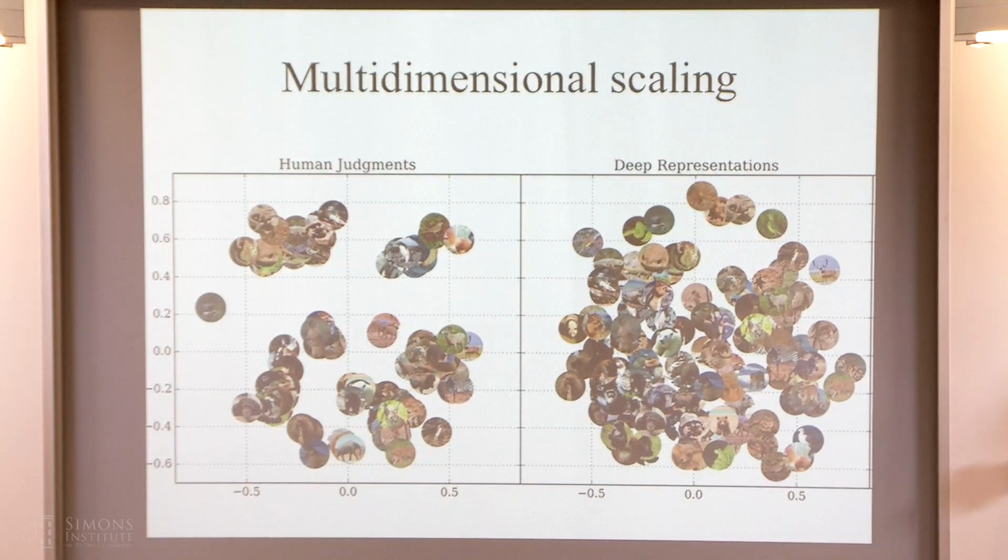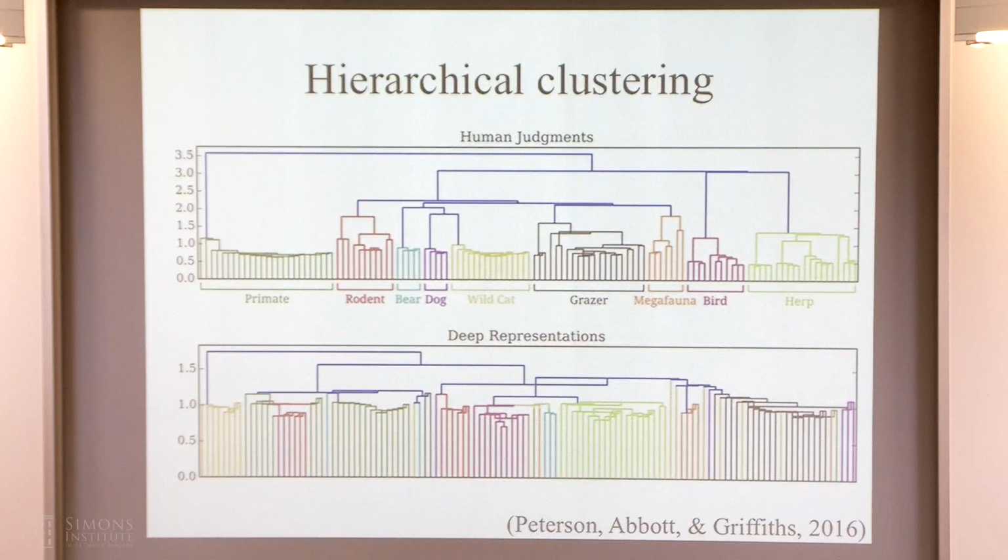Those same sorts of basic similarity relationships appear in the representations that are coming out of the network. So here are primates, here are reptiles, and so on. There are some birds up here. But they're not pulling out those clusters in the same kind of way. And this is made more apparent if you use a hierarchical clustering analysis. Here on the top are the human judgments, and we've colored these to correspond to different classes of animals, primates, rodents, wildcats, and so on. Then taking the same color assignments and applying them to the clustering solution from the neural network, you can see that it's preserving a lot of the right sort of local structure. But what it's missing is these high-level distinctions that lie between these different groups.